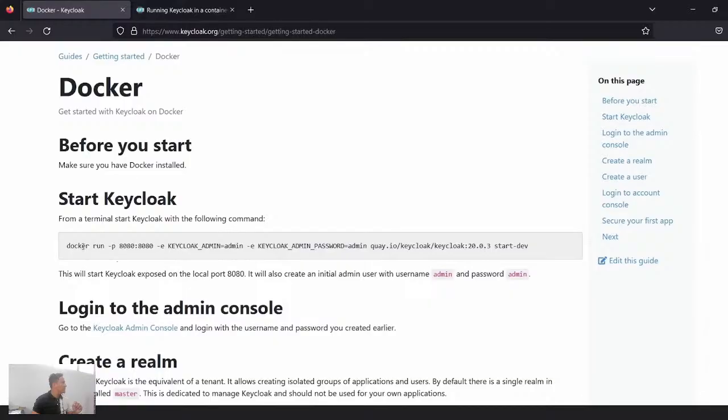All right, to spin up the server, we just need to run this single command. That's it. So let me break it down. So what this command does is it downloads the Keycloak image from Docker Hub, and then we set certain parameters like the admin ID account and admin ID password, and we also do a port mapping because Docker runs